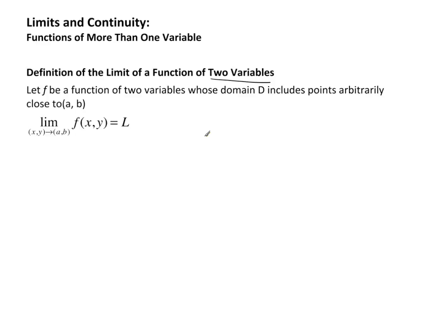So let f be a function of two variables whose domain D includes points arbitrarily close to (a, b). Then the limit as (x, y) approaches (a, b) of f(x, y) equals L. What this means is that for every epsilon greater than 0, this is the extension of the epsilon-delta definition, there exists delta greater than 0